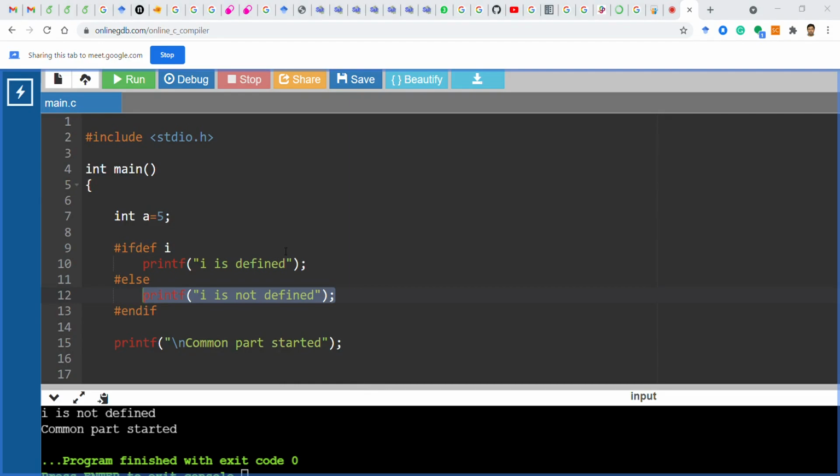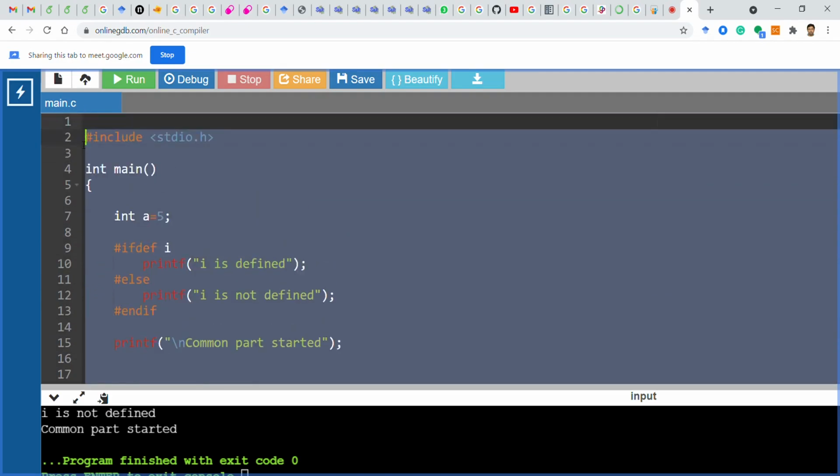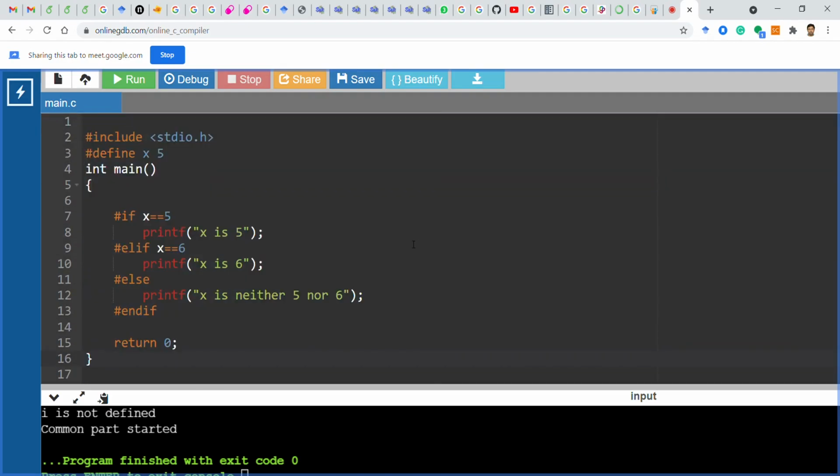Now, if I do almost the same thing, actually, we can do conditional compilation in a different way also. Let's write it here. That is this one. You see, here we have not written ifdef like the previous case. Here I have written only #if, because we want to give some condition directly. It's not about whether it is defined or not. I am sure that it is defined, but what is the value over there depends on that.